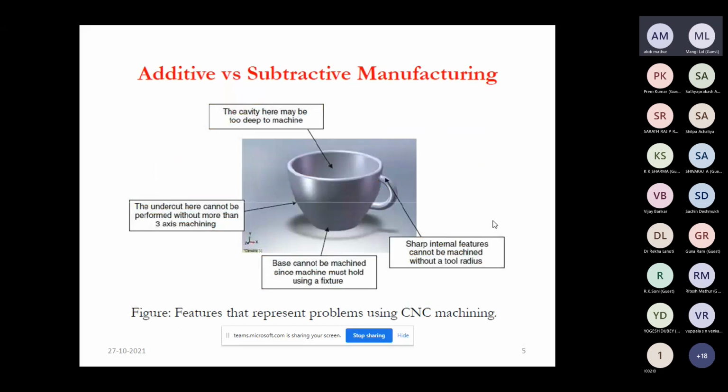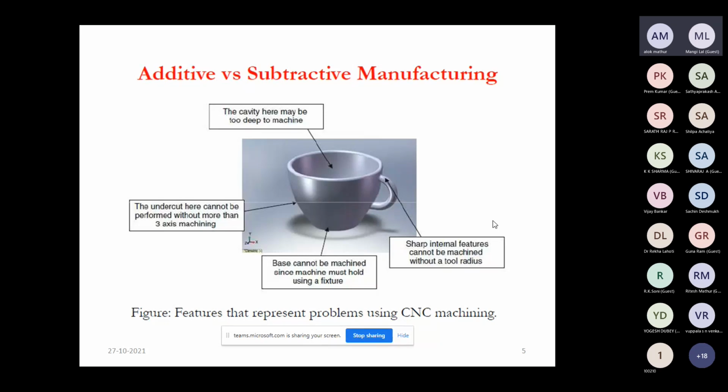The basic difference between additive and subtractive manufacturing is that in subtractive manufacturing, we face some hurdles in making intricate shapes. For example, if we look at this particular product, there are hurdles like the cavity is too deep to machine, or the undercut cannot be performed without more than a 3 axis machine.